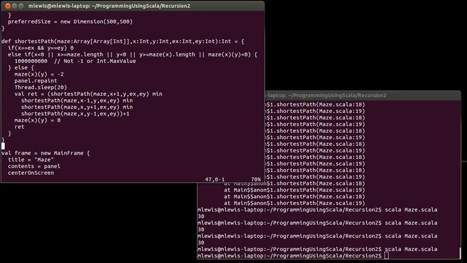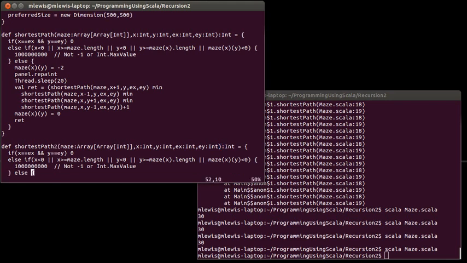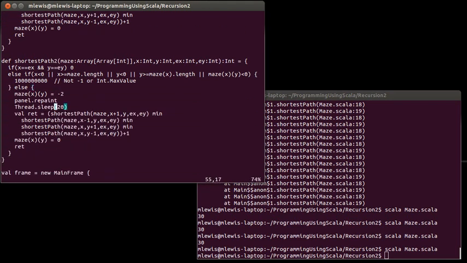So what I'm going to do is copy this function of shortest path, and we're going to make an altered version that is potentially more efficient. If we copy and paste this, I'm going to make a shortest path, we'll call it shortest path 2. Now, how are we going to go about doing this? Well, our current shortest path